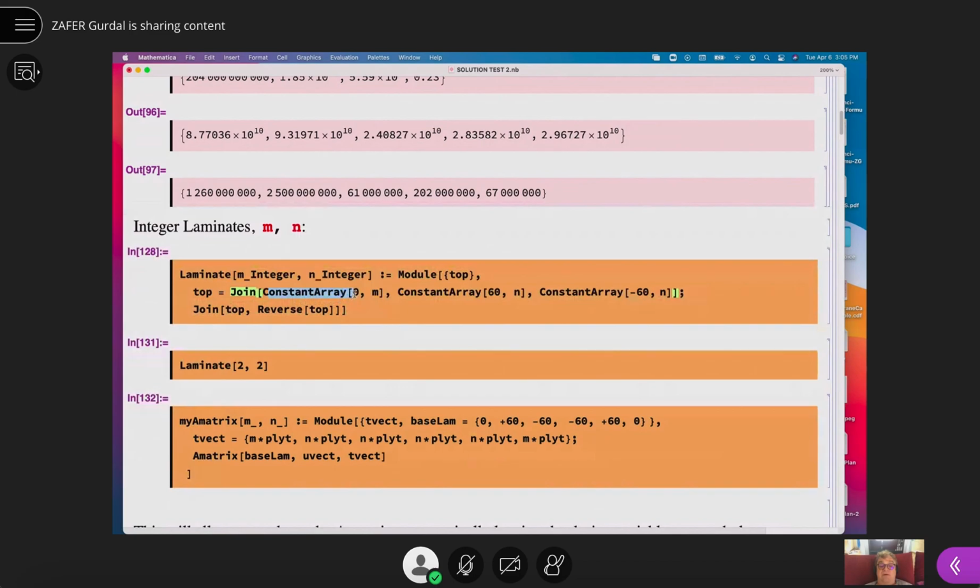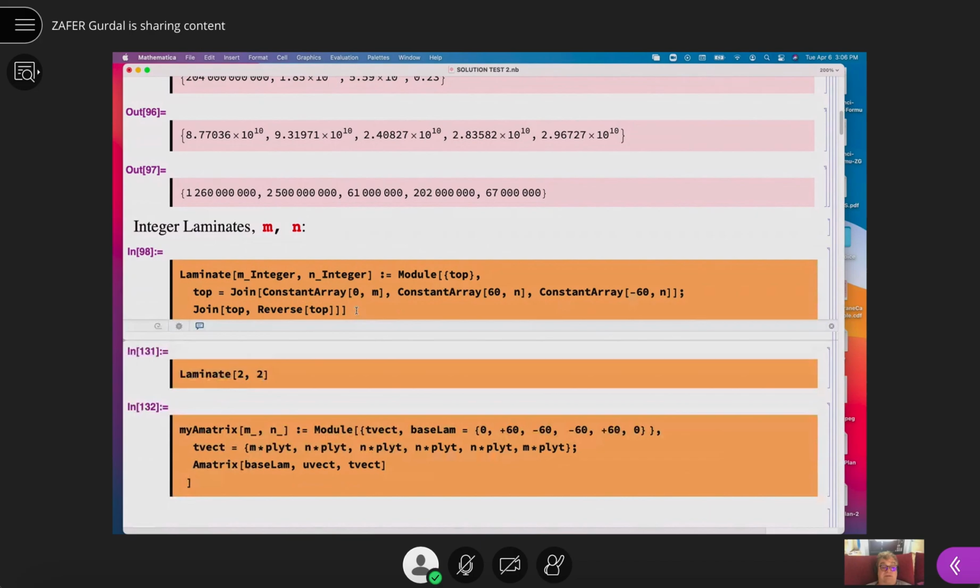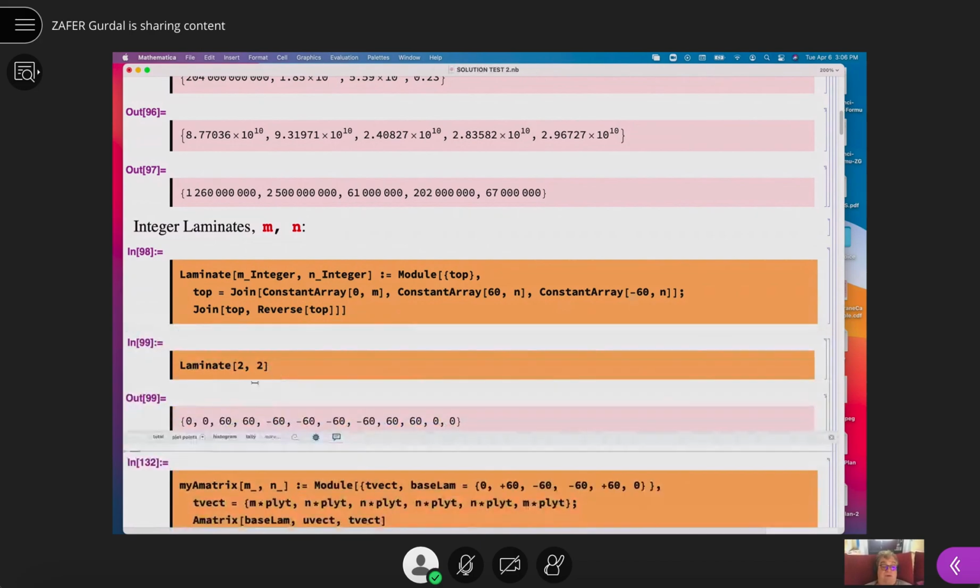M will have M times 0 degree layers, and then the N times plus 60, and N times minus 60, and then I reverse it and add the rest. So if I have a 2, 2, it will have 2 zeros, 2 plus 60s, 2 minus 60s, and mid-plane